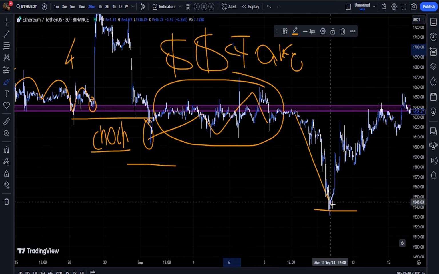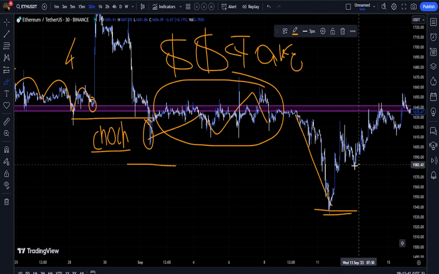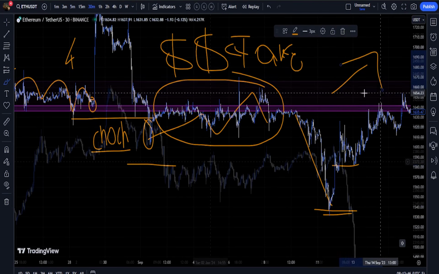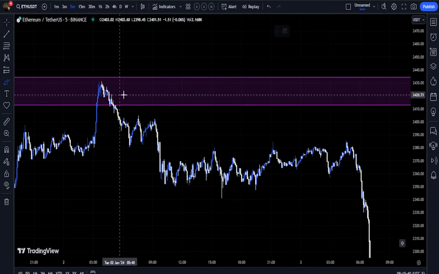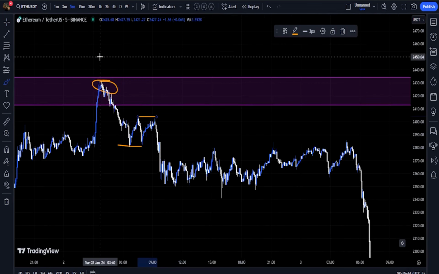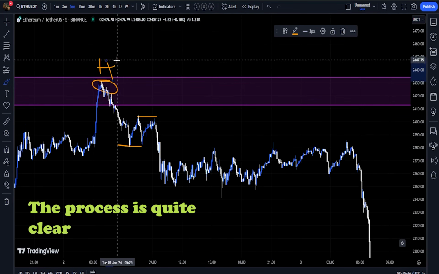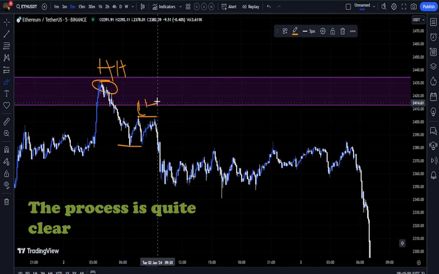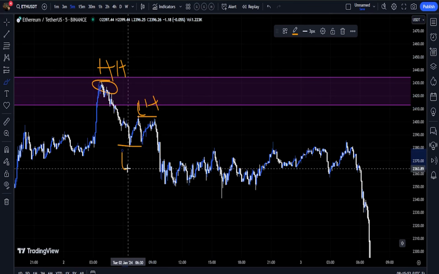Note that risk management as well as market psychology is one of the most important factors that should be considered in your transactions. So far, I have understood what we are supposed to do. But how do we determine which of these structural failures is more important or original and which of them is fake? Look, when a failure occurs in an area, we have to wait for it to reach that area again,